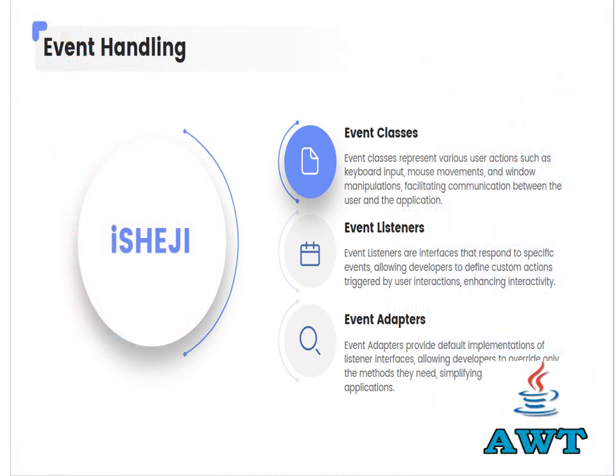Event handling. Events in Java can be broadly classified into two categories based on how they are generated. They are foreground events and background events. Foreground events are the events that require user interaction to generate them. Examples of these events include button clicks, scrolling the scroll bar, and moving the cursor. Background events do not require interaction of users to generate them. For example, these events are operating system failure or interrupts,